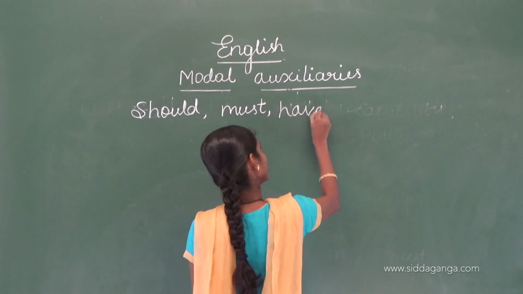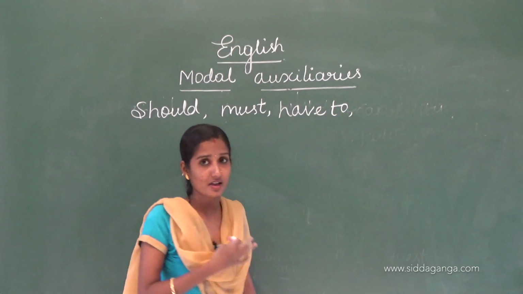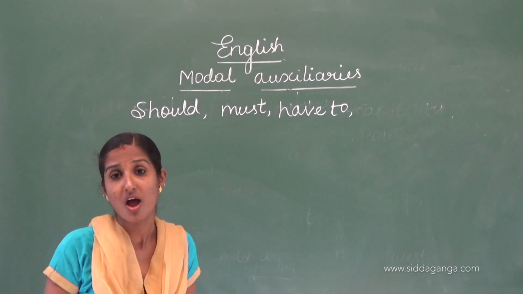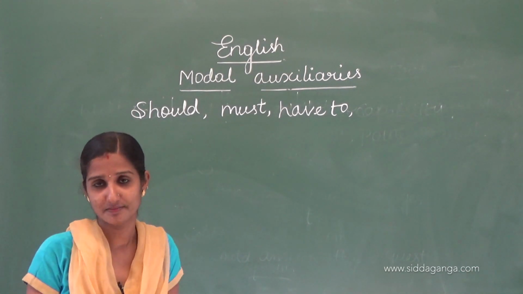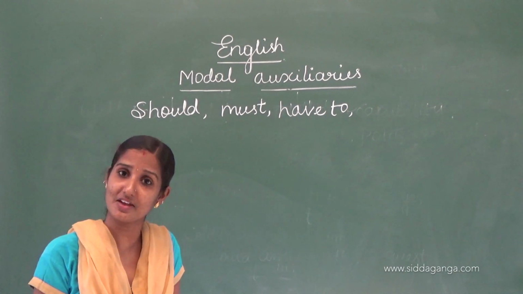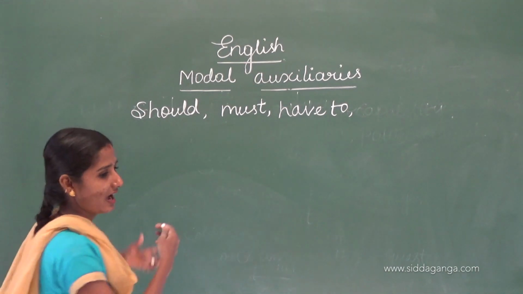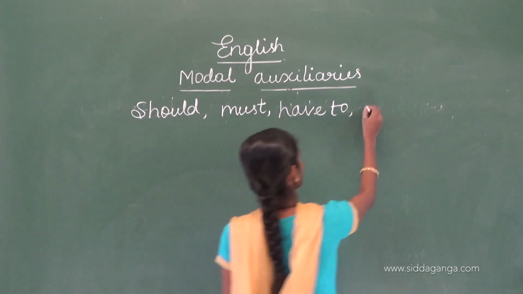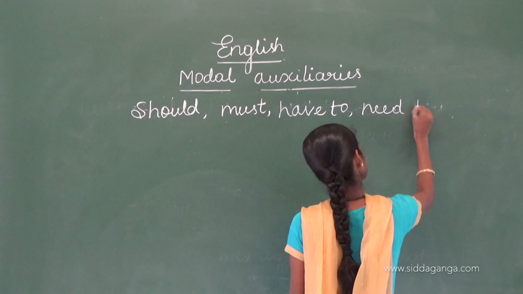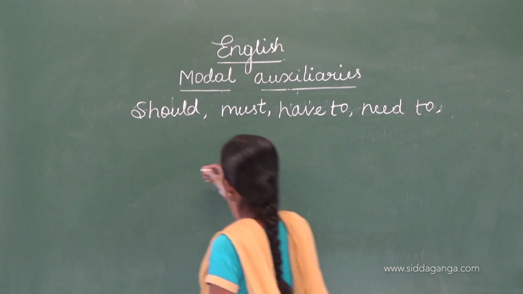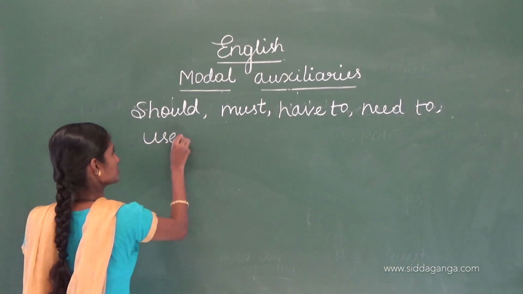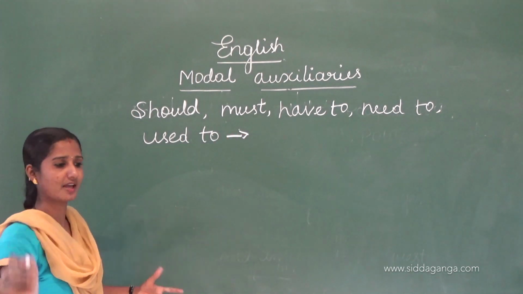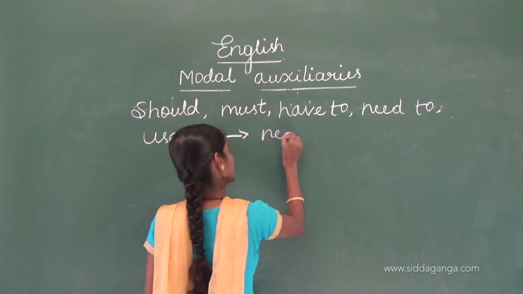Have to also expresses the necessity only. I have to leave now. I have to meet my parents now. I have to read well. She has to settle in life, right? In that way. And need to also expresses the necessity only. Used to: he used to do that work. So all these verbs we can take as necessity,